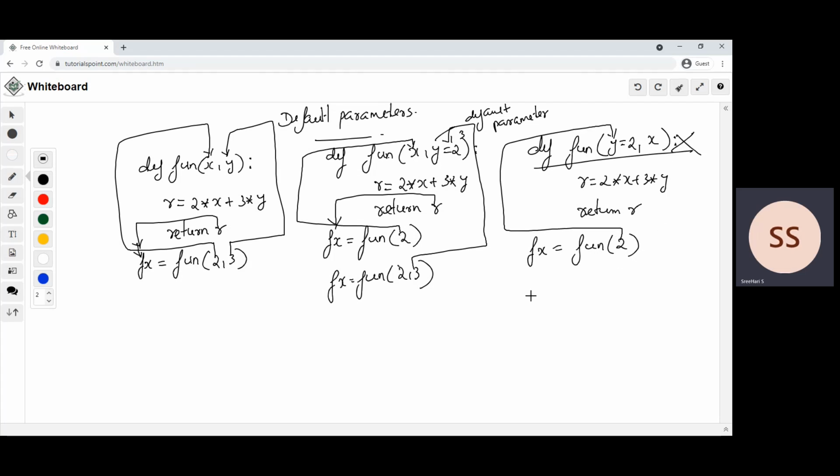So all the default parameters should come after the positional parameters. This is called positional or required parameter, and this is called default parameter. So if you are having any default parameter, that should always come after the positional or required parameter. Okay, so if I am giving a definition like this, def fun x y is equal to 2 z, this is also wrong, because